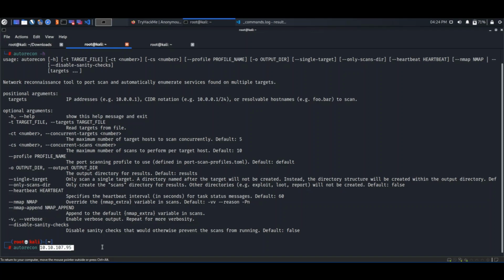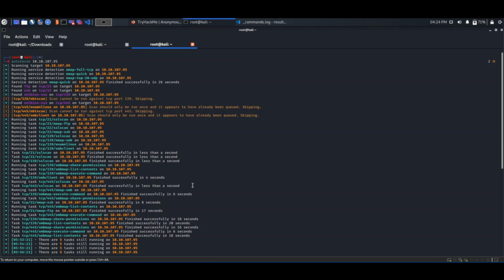It's logical to say that the scan is going to take some time because it runs a lot of logic. So I have already run the scan to not waste time. Let's see what it does. Initially AutoRecon runs a set of concurrent nmap scans, because the very first thing we should know is the open ports.